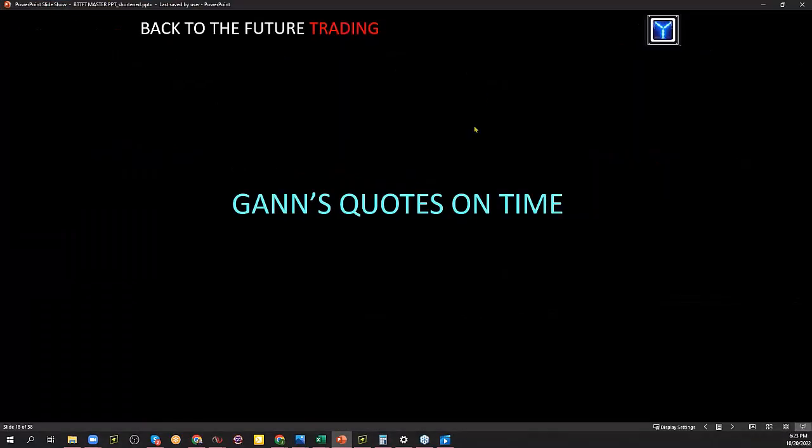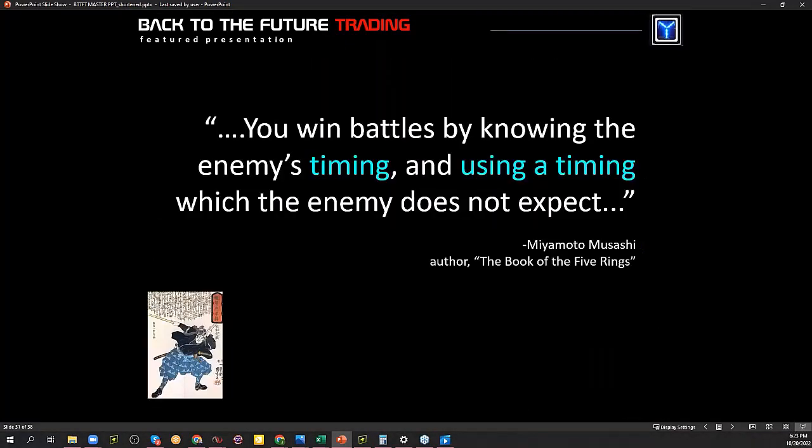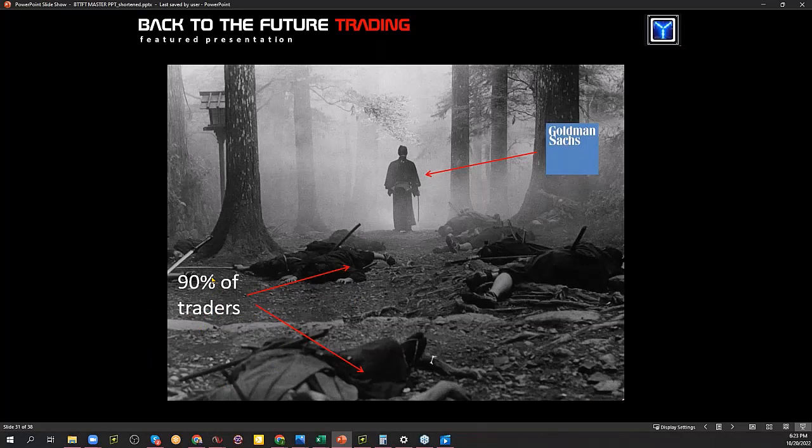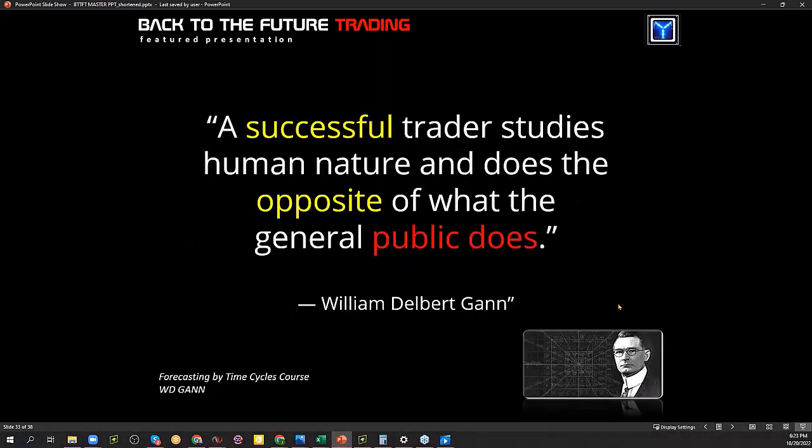Let's backtrack for a second. Don't forget, this is more like 95% of traders' accounts. And there's Goldman Sachs walking away. Bye, guys. It was nice doing business with you. Hello? You guys still awake? Sorry about that. But instead, we can draft, like a race car drafts another car, or like getting behind a semi truck. It's like, wow, now I can get so much better gas mileage behind the semi. And then we can trade kind of what the banks are trading. I want to be in those moves.